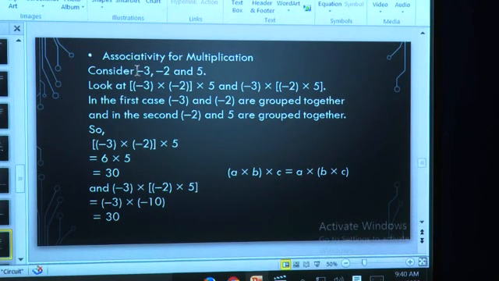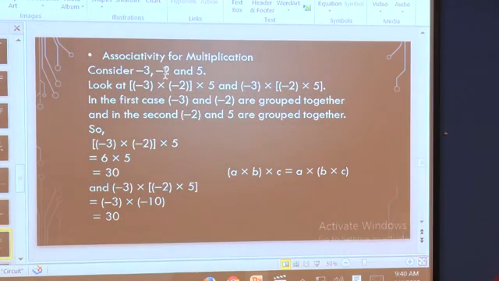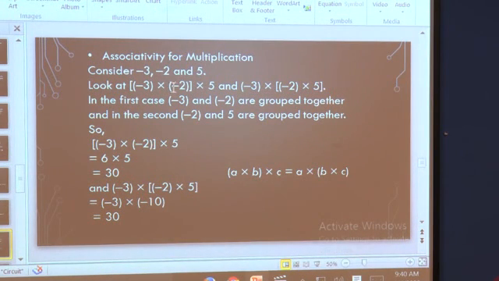In the associative property I had done the grouping on my own. You can do the grouping on your own and you will find that the product in both answers will be the same. So in short we can say that A multiplied by B multiplied by C is equal to, grouping differently, A multiplied by B into C. In short we remember this as the associative property for multiplication.